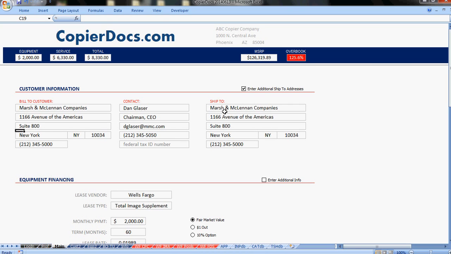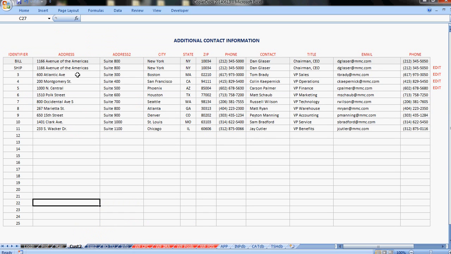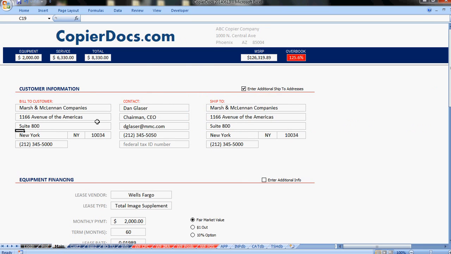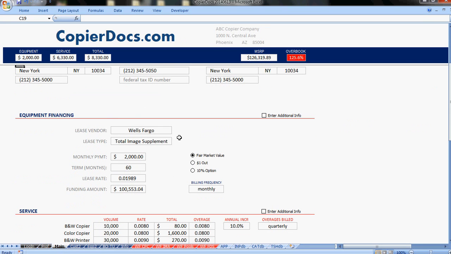But the user obviously can go in and change the ship to here. If there's more addresses, we go into the customer section and they can pretty much add an unlimited number of addresses that they will select from when they add equipment. So back to main, the equipment financing, pretty much all of it's done here, but there's going to be some other